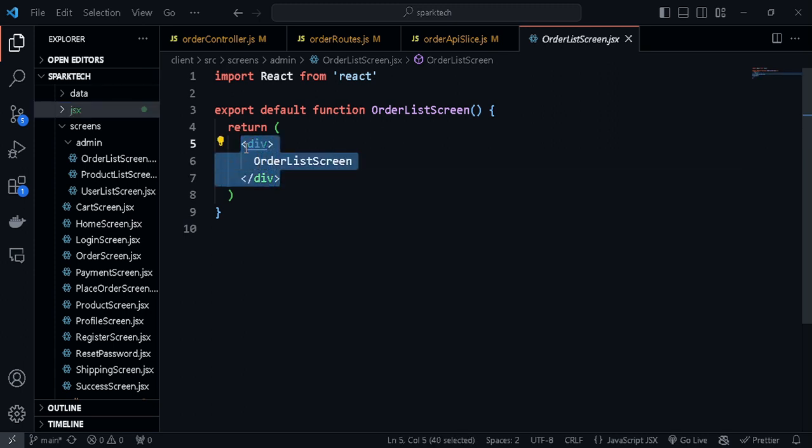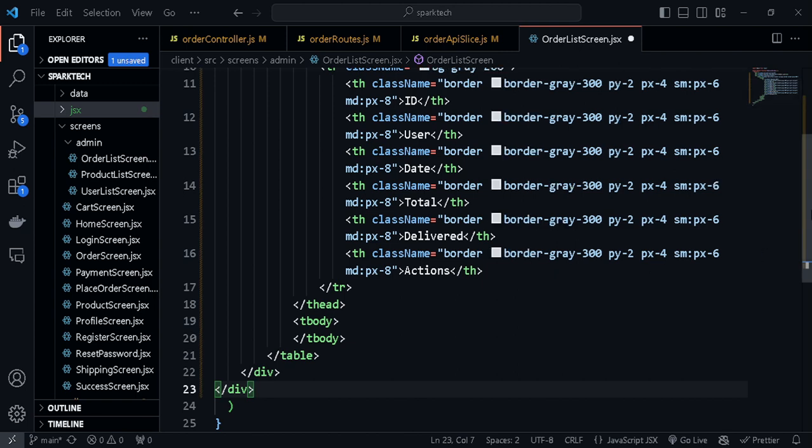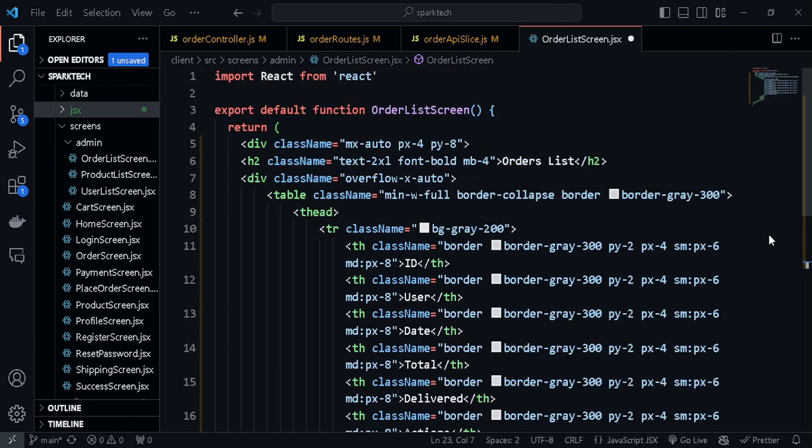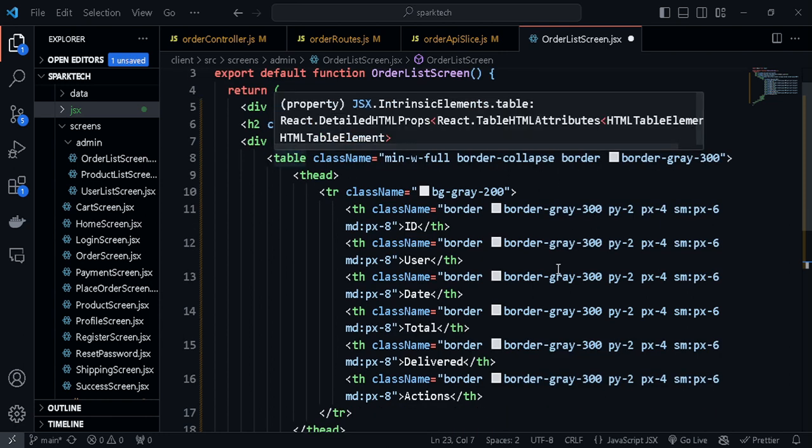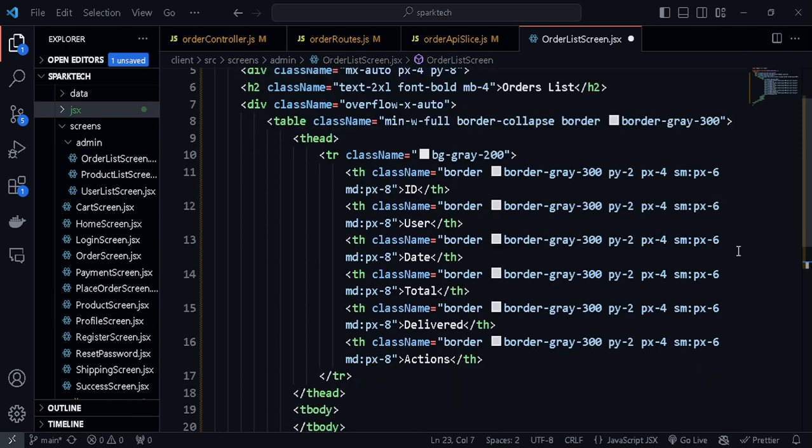Okay, so as I told you, this is not a course on HTML and CSS, so I just don't want to make it too boring. It is nothing much, very simple. We just have a few Tailwind classes, and we have implemented a table to display all of the orders. Later in the later videos we will also be implementing pagination, so that we do not have a very long list,